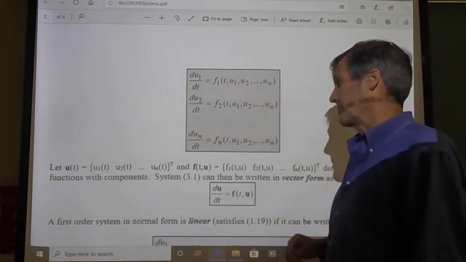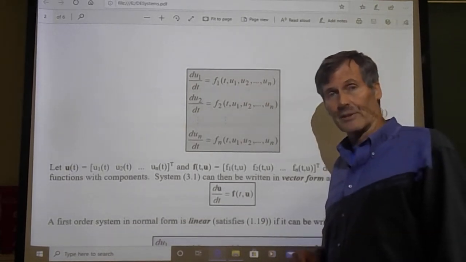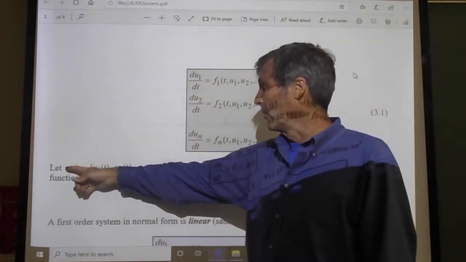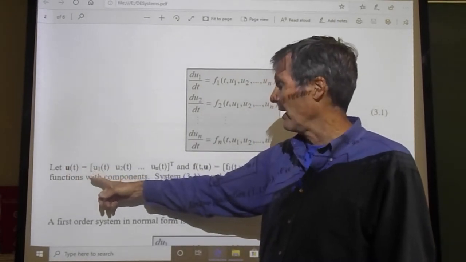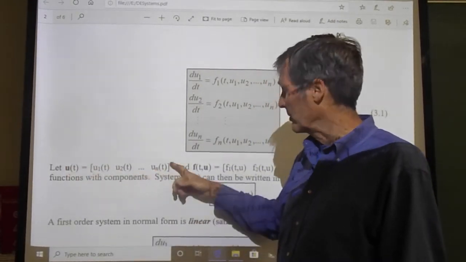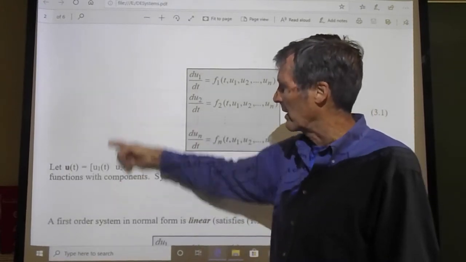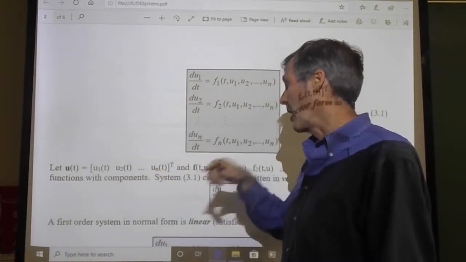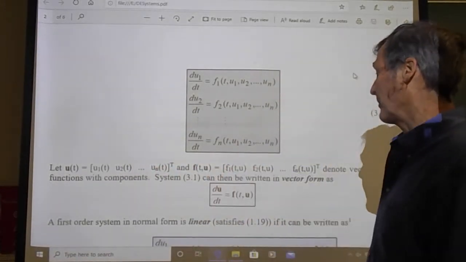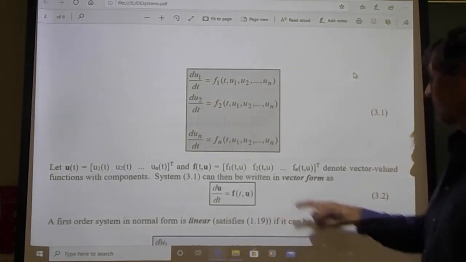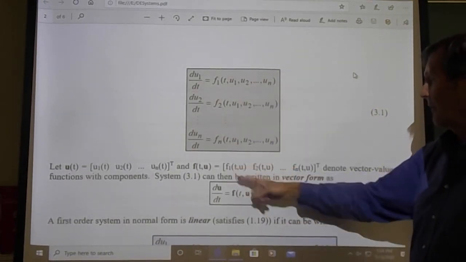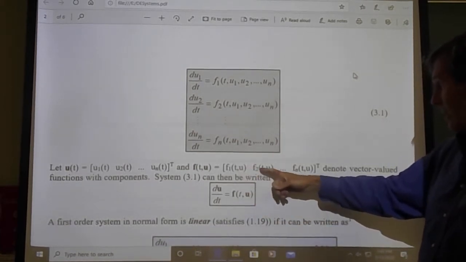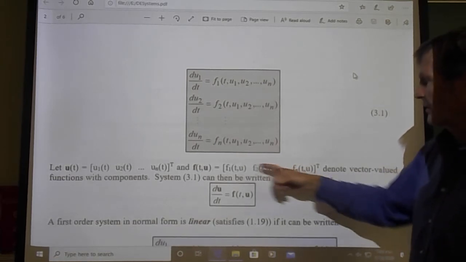Now to write these systems, we really want to go back to matrices, and some of you maybe haven't seen very much of these, so we'll do a little introduction to that. When I write a boldface u here, it represents a vector, (u1, u2, through un)^T. This T here means transpose. It means you really want to write it as a column going down like that. And so when you put the T up here, it means it's a column vector, we call it. And then f(t, u) could be a vector of these functions, f1(t, u), f2(t, u), through fn(t, u). And each of these vectors, u should be bold,